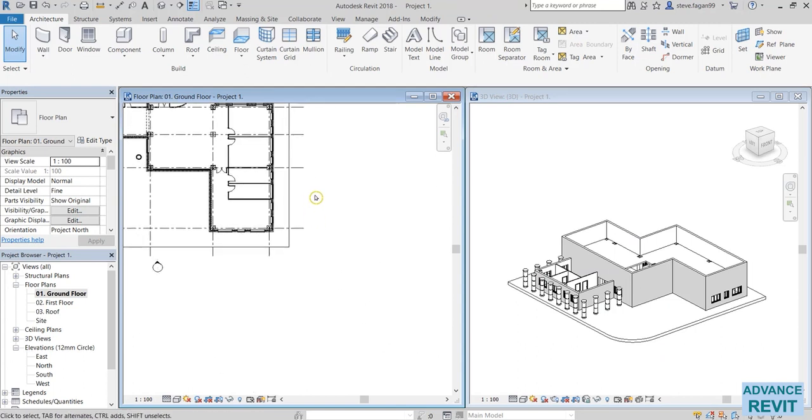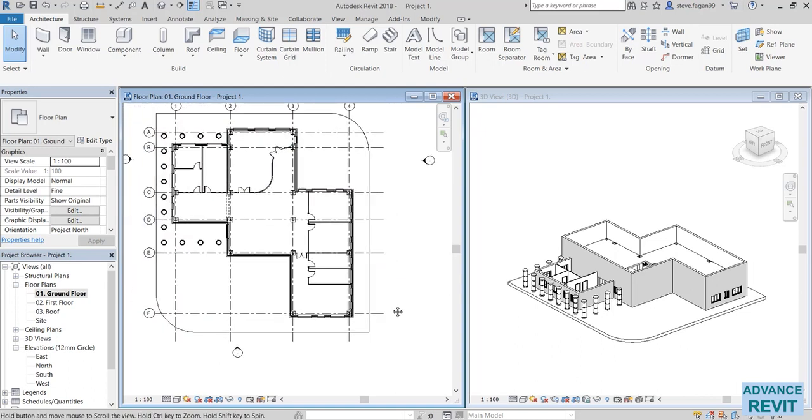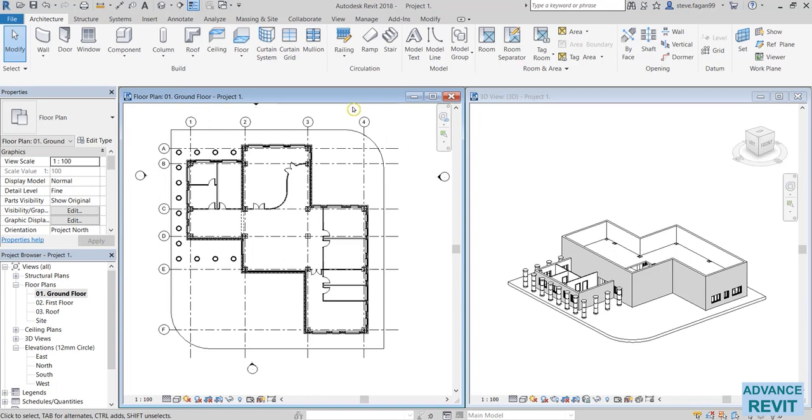Earlier I showed you the two different methods of creating a selection. We'll either go to the top left corner, drag down to the bottom right to make a selection window, or we start down the bottom right, moving up to the top left, creating a crossing window. For this method, I'm going to use the crossing window, and what we're going to do is highlight this side of the building,